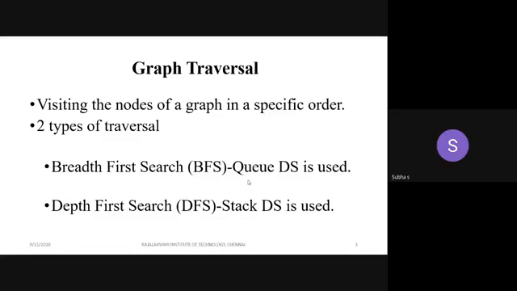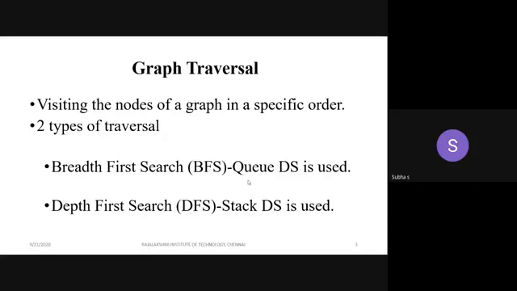For that order, we are going to use two techniques. There are two traversal techniques used in graphs: breadth first traversal and depth first traversal. Generally we call them breadth first search and depth first search, but in traversal, we can simply call them breadth first traversal and depth first traversal. The short forms are BFS for breadth first search and DFS for depth first search. This is a very, very important concept in data structures. In breadth first search, we are using the queue data structure. Just for easy understanding, I have mentioned the point here. We will see it in detail while explaining BFS and DFS.